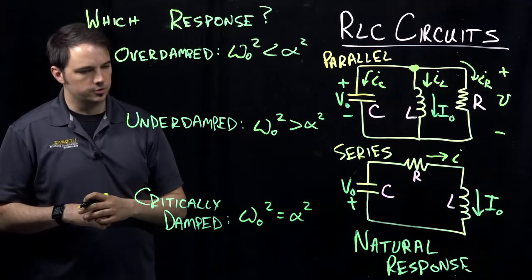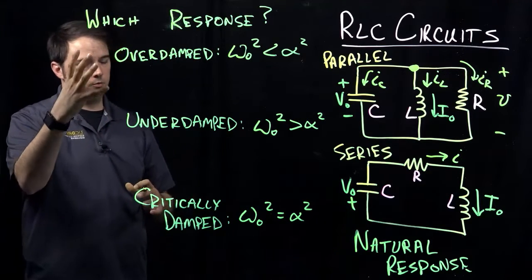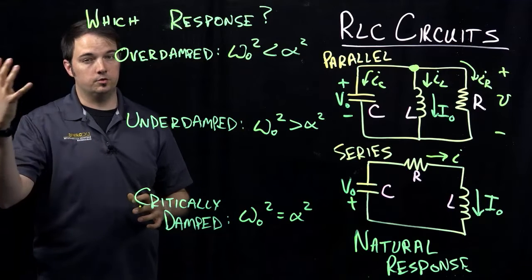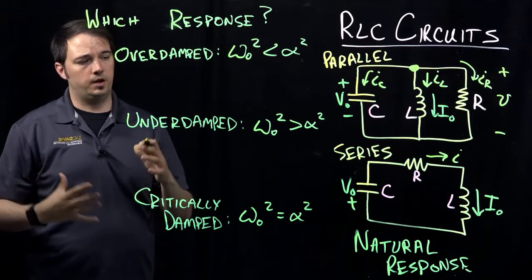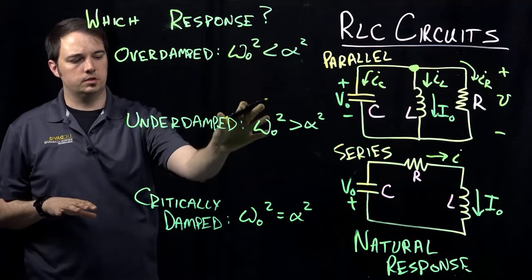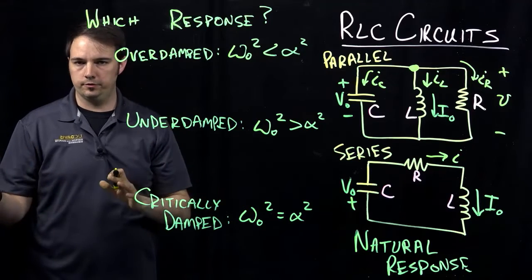Okay. So now, if we've defined which type of response we have, there is a general form of the solution, but what we actually find is that because the roots in each of these cases were a little bit different,